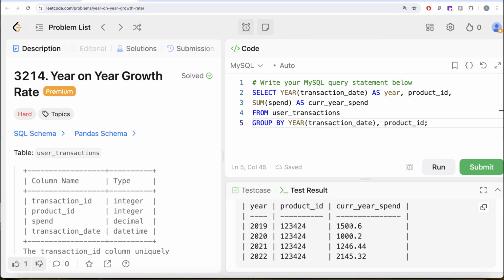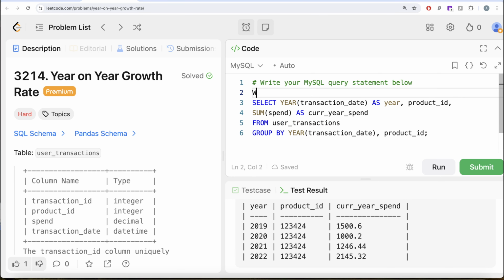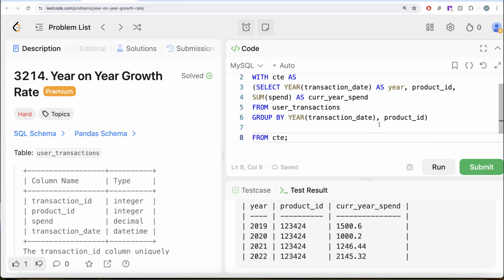What we can do is now we need to find out the previous year spend of each of the products. So let's save this entire thing in a common table expression. So with CTE as, this entire thing goes into parentheses, and then from this common table expression, let us keep all the three columns and get the previous year spend. So you can use the lag window function. So lag from the current year spend column, and we just want the previous year. So one, since this is a window function, over,